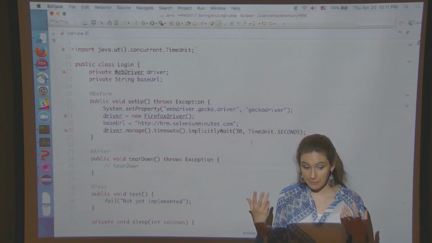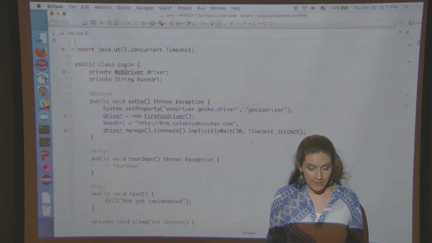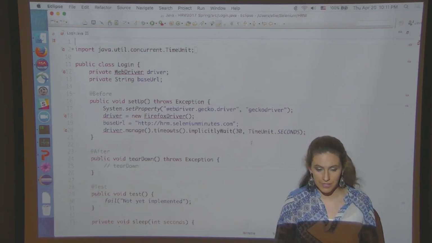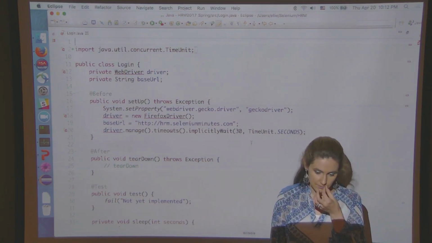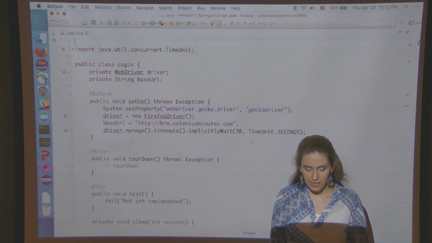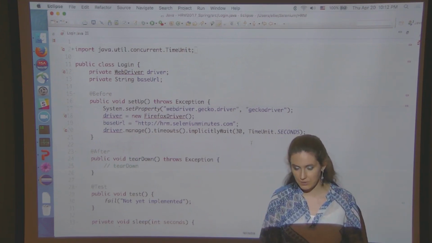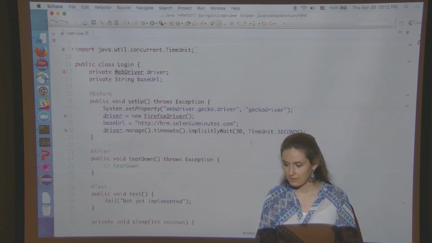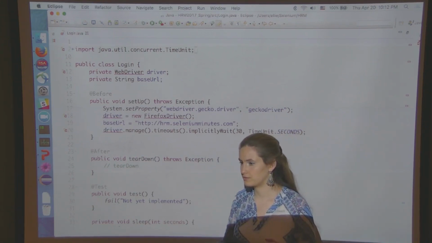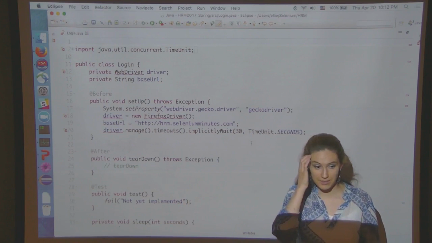The system has a path, right? That's how your system knows where to find your Java and where to find your other applications and user folders and other important things.